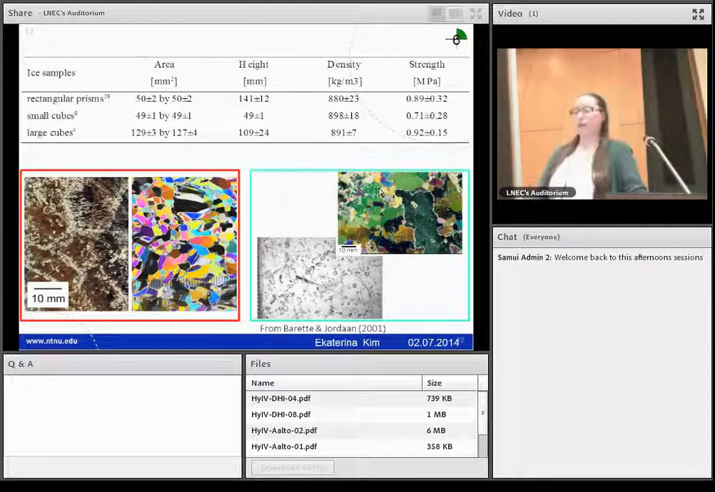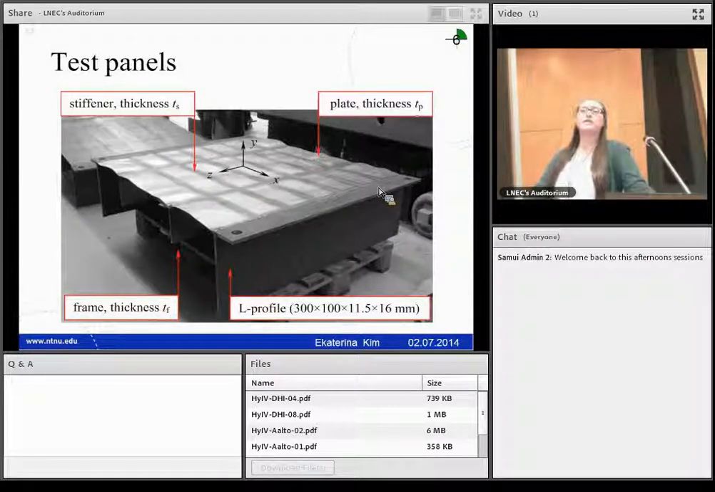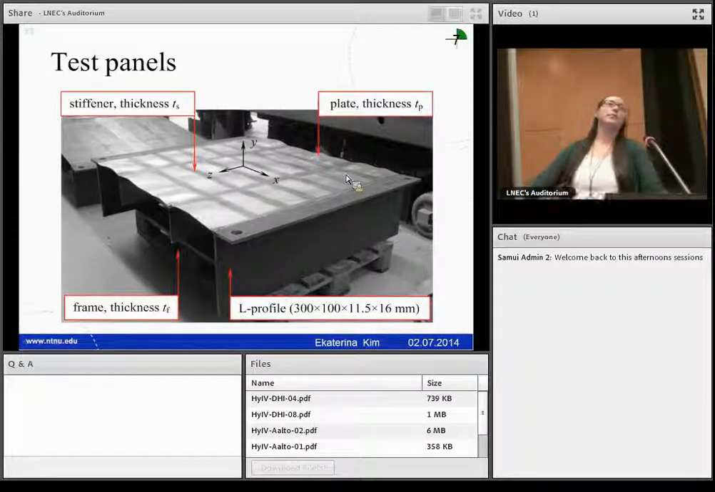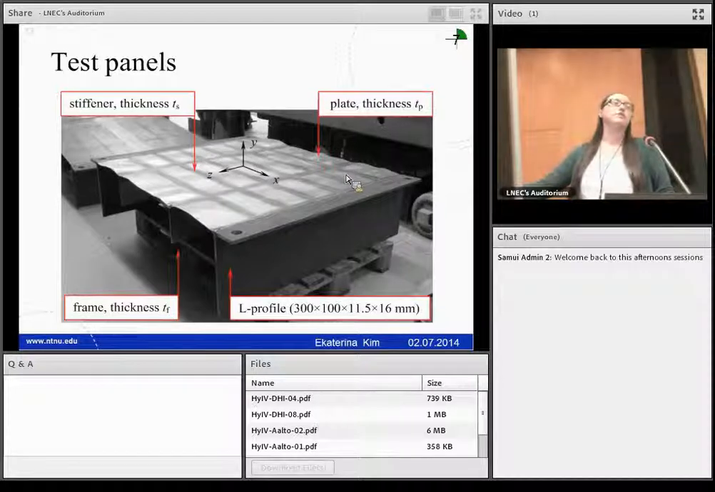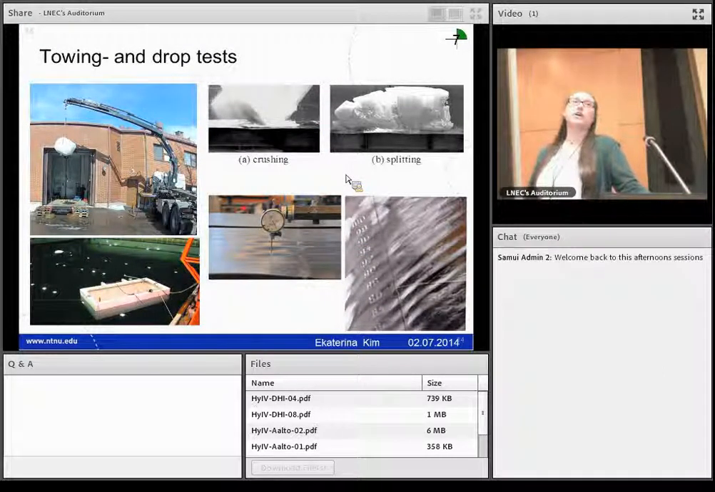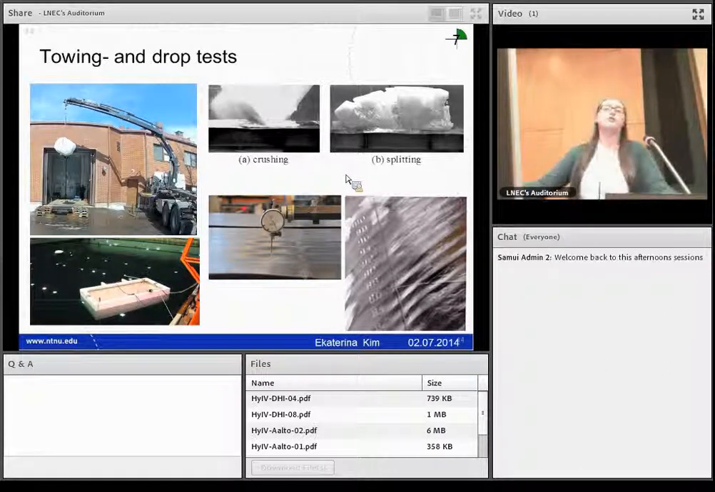Regarding the test panels, which were attached to the float I showed you earlier, we had a steel plate, and it was stiffened with flat bar stiffeners and two flat bar frames. And the thickness of the plate and the frames and the stiffeners was varied during the test, and details you can find in the paper. In addition to the throwing test, we conducted drop tests in the air, where we dropped an ice mass onto the same stiffened panels. And this was done in order to study effects of the removal of the hydrodynamic aspects